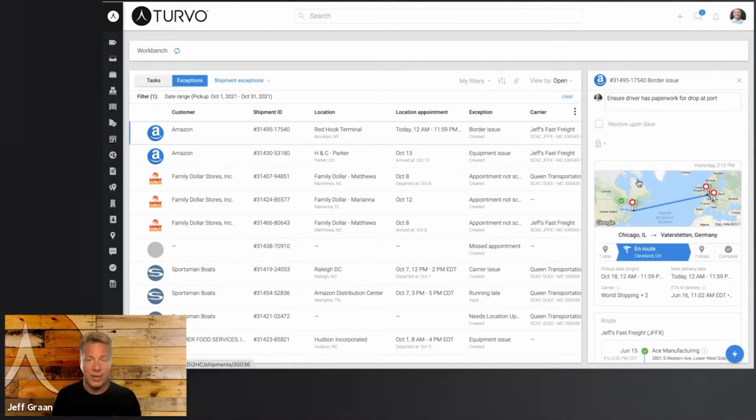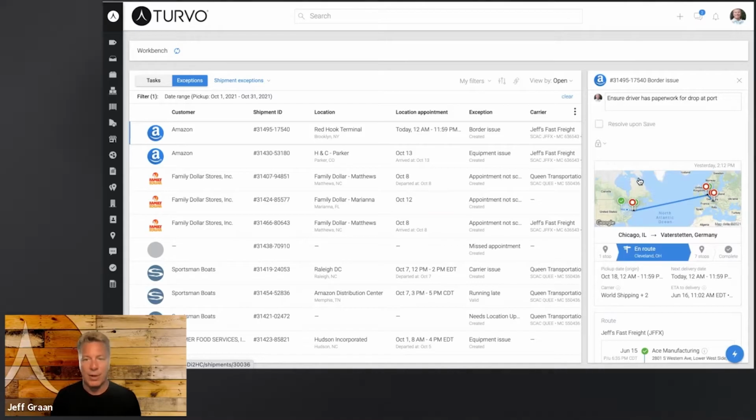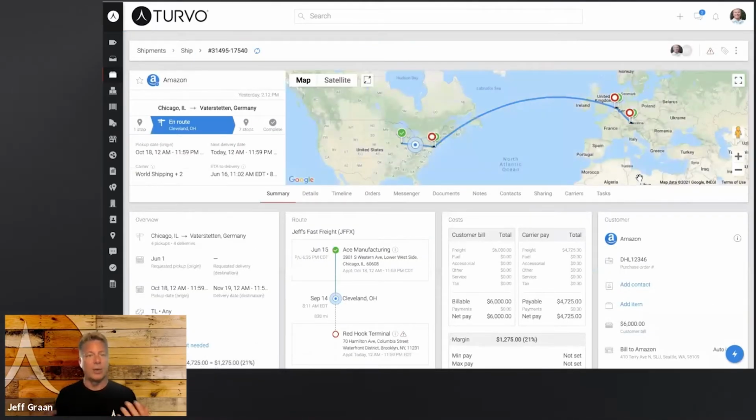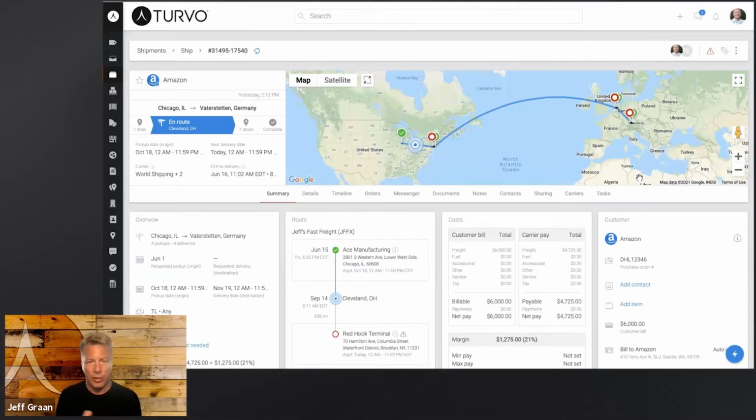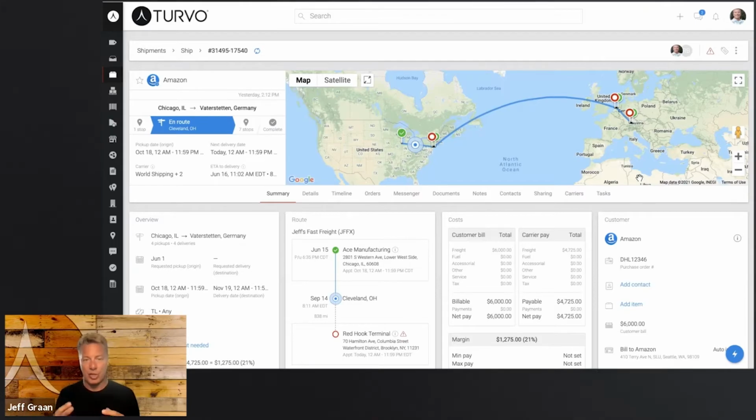Now, how easy is it to act on that? Super easy. All I'm going to do is click on that, and now I'm live in that shipment. As you can see, I've got an international shipment that is leaving North America. Awesome. So what we have is now I've got a multi-leg shipment, all contained within Turvo, where I could be having that data within Turvo or partners that are ingesting